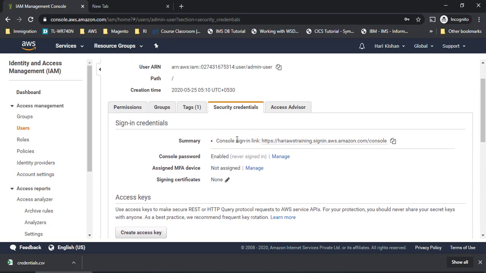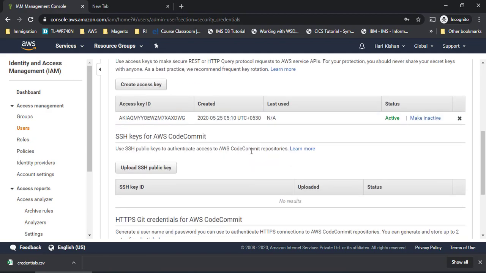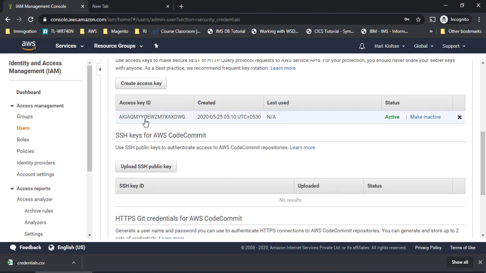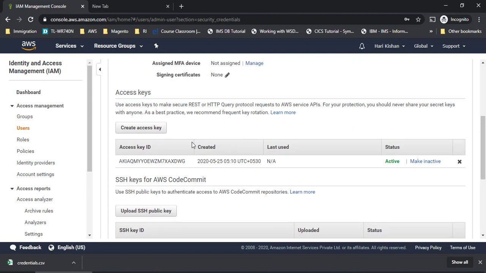This is very important now. This is what I thought of telling you earlier. So here is a link from where you can log into your IAM, okay, and then different options are there. I have told you, like, the access key can be seen, but the secret key cannot be seen. It can be seen only at the time of creation of that particular user. So in case you want to create another ID, you can create an access key by clicking here, right?